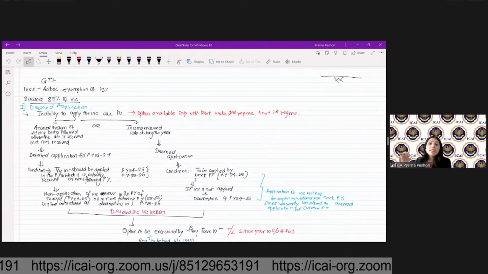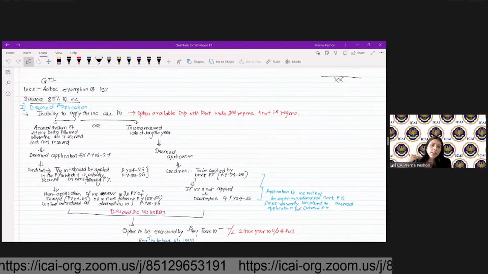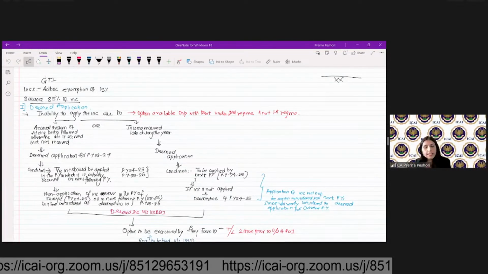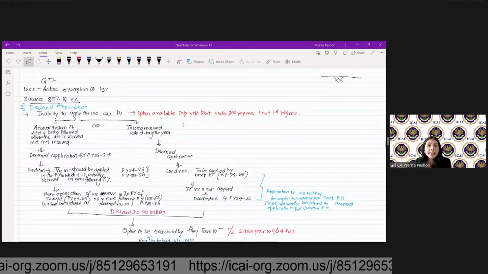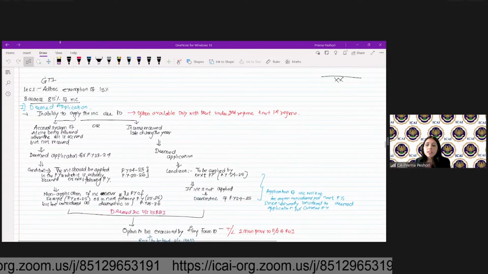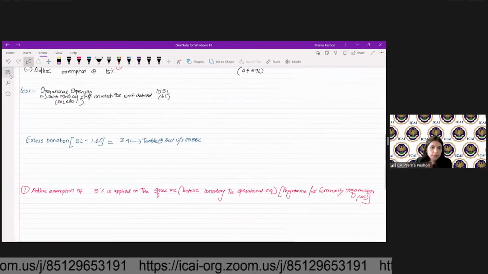Here the CBDT circular does not extend the due date till 139 Monday. In this case, you have to file 2 months prior to the due date of return of income, and only then will it be considered as my deemed application. So just write down over here,